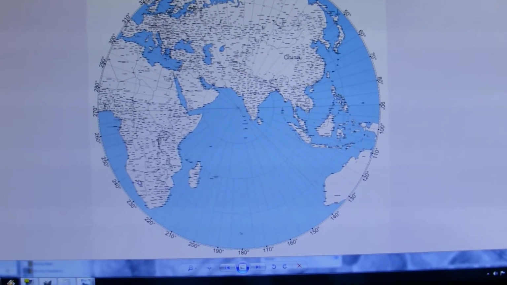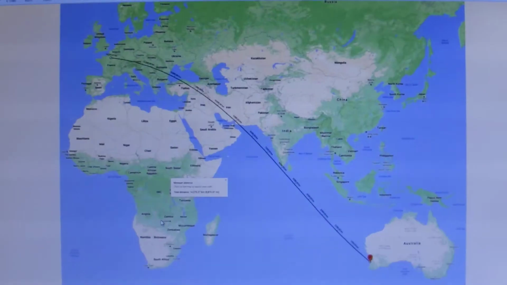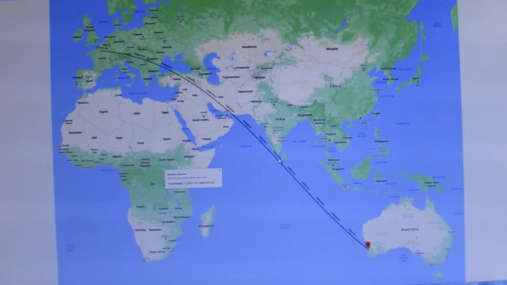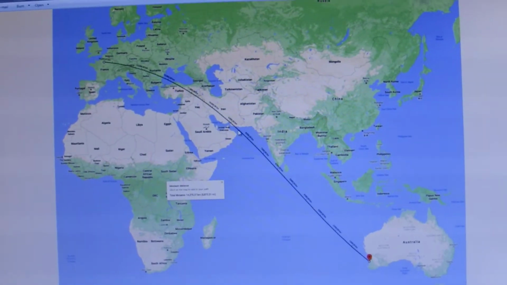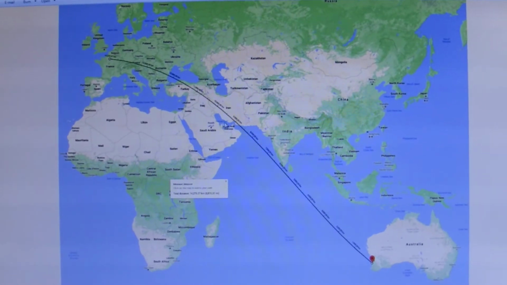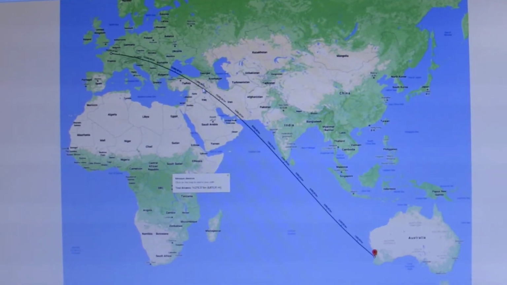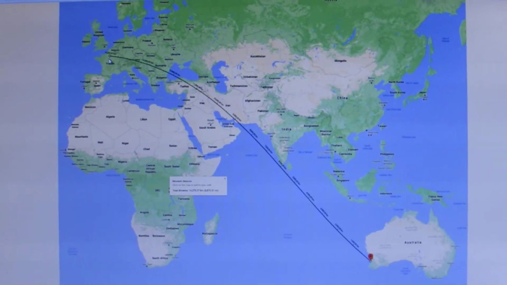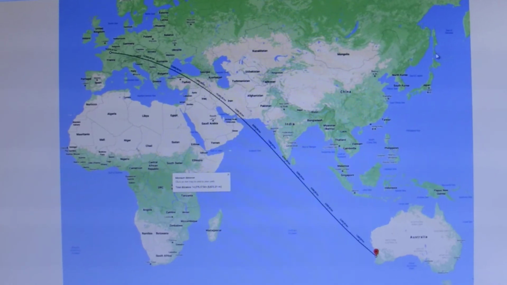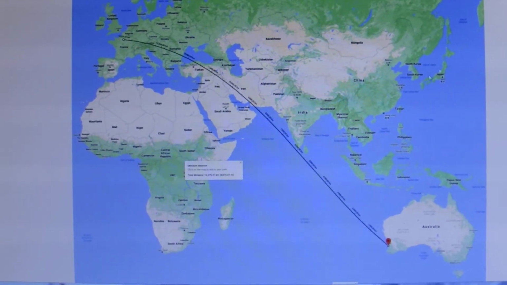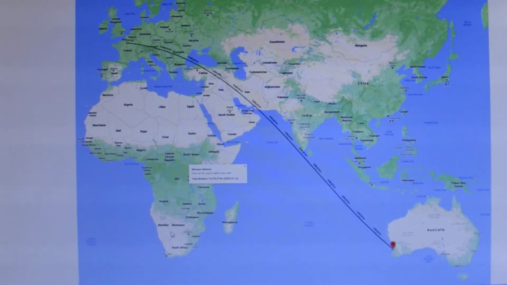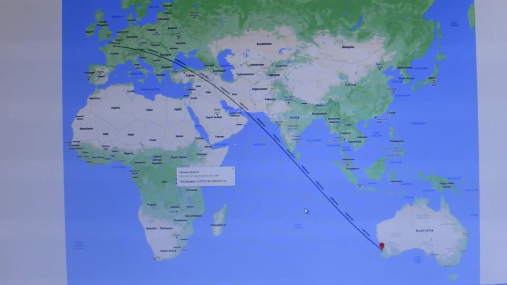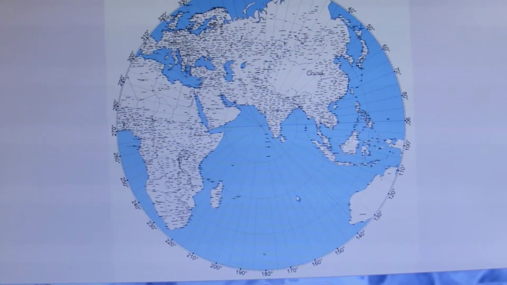And on the keyboard somewhere there is a left arrow, which lets me go back to the previous image, where you can see the same thing, leaving Perth at that angle, on that bearing, southwest of Sri Lanka and India, across the Arabian Sea, up the axis towards the Straits of Hormuz, across Iran, Iraq, Turkey, the Black Sea, southeast Europe, and into France, ending at Paris. And out here, this is Japan, and this down here is Namibia. It appears slightly different because it's a different projection. No cause for alarm.